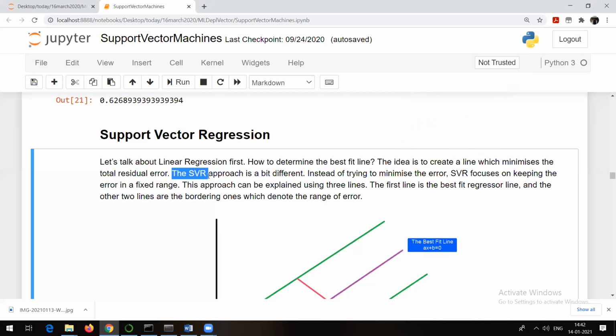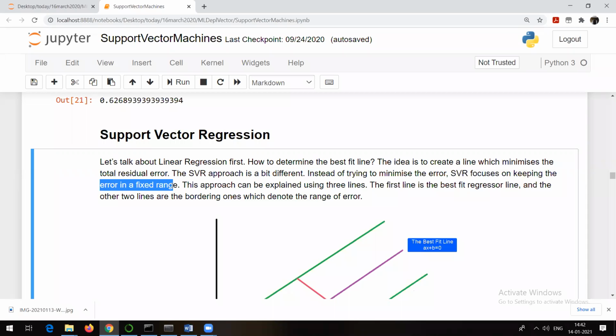So the support vector regressor approach is a bit different. Instead of trying to minimize the error, which we did in linear regression, the support vector regressor focuses on keeping the error in a fixed range. What do I mean by this?